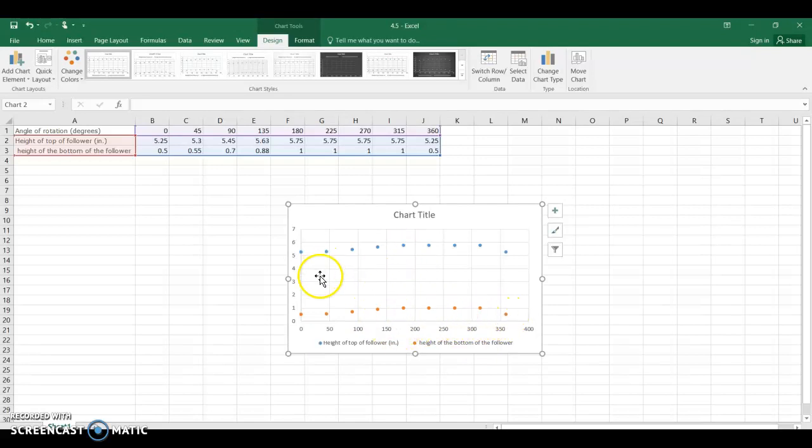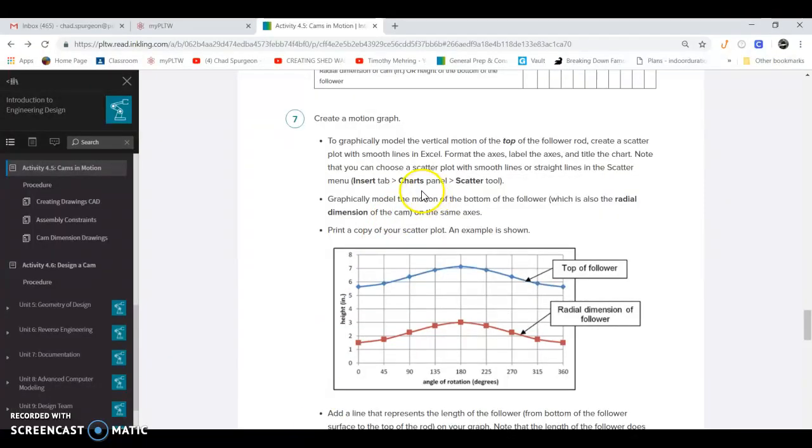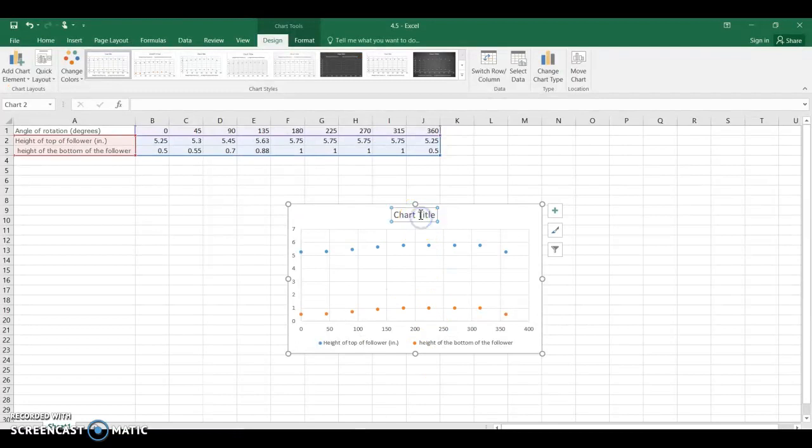I can adjust the scale and certainly play with different things. I believe it wants me to clean it up and add some labels and whatnot. All right, so I'm looking in here. Format the axes, the labels, title the chart. All right, so the chart title, I would call it, I guess, the